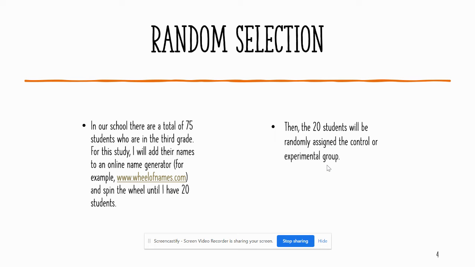Random selection. In our school, there are a total of 75 students who are in 3rd grade. For this study, I will add their names to an online name generator, for example, wheelofnames.com, and spin the wheel until I have 20 students. Then, the 20 students will be randomly assigned the control or experimental group, and this one leads directly into our next one,